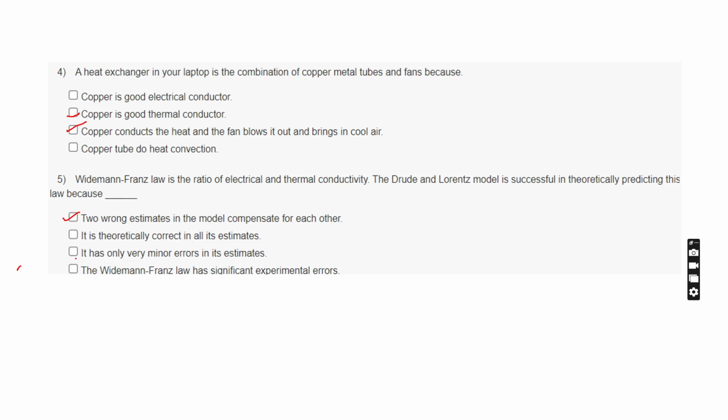And see the fifth question. The Wiedemann-Franz law is the ratio of electrical and thermal conductivity. So the Drude and Lorentz model is successful in theoretically predicting this because two wrongly estimated values in the model compensate each other, because we know that the Wiedemann-Franz law is satisfied by the Drude model. We know that the Drude model is estimating the